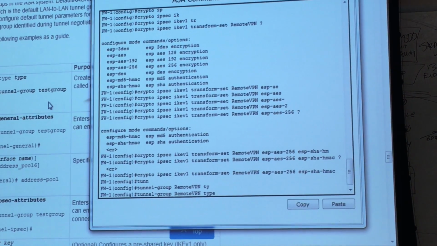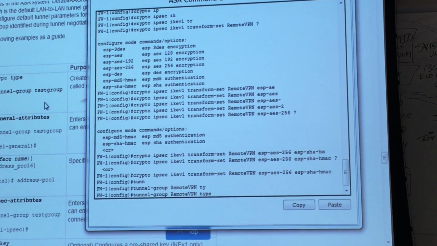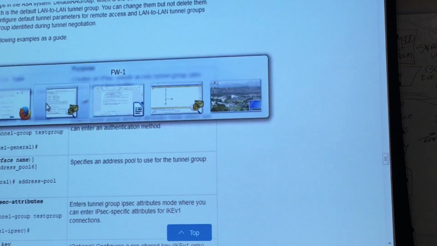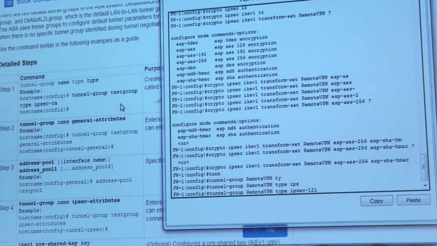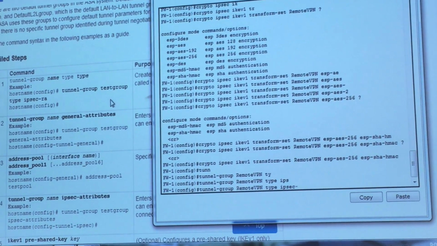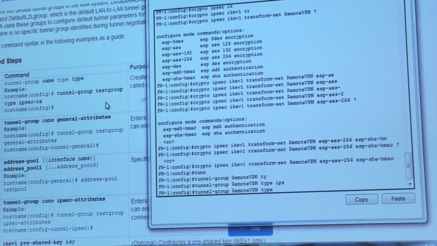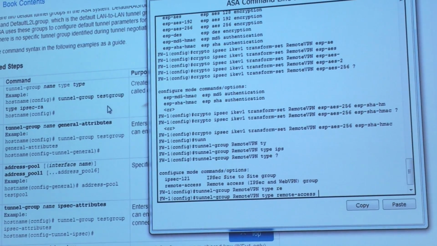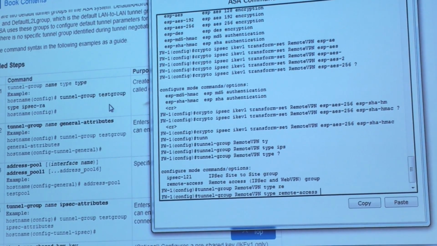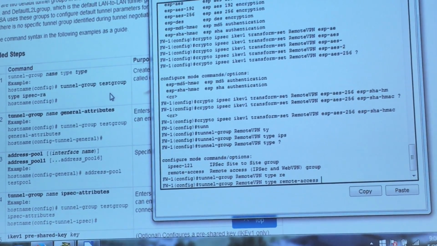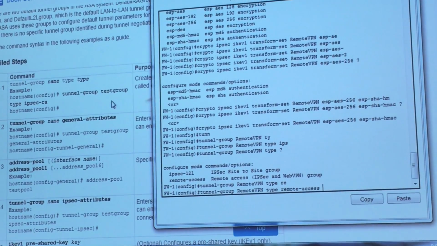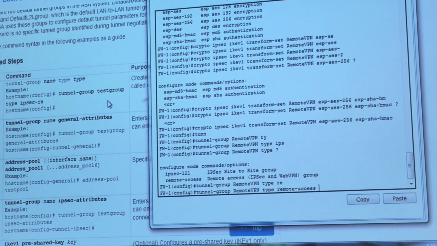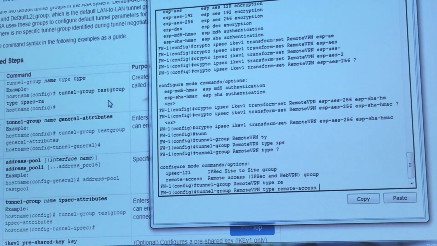Type is IPsec RA. Ooh, maybe it's not. Oh, remote-access. Remote-access. So that's a little bit different. Okay. When we hit enter there,